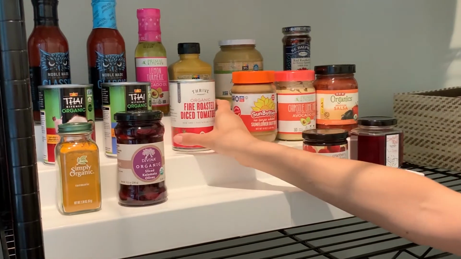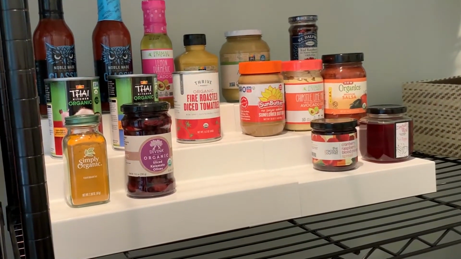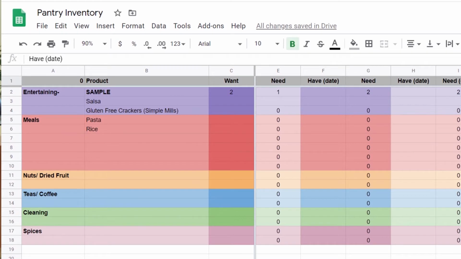When you're thinking through what you want to include on your inventory, the first place to start is just going in your pantry, seeing what you already have, thinking through how much you typically buy to stock up on those items, and then maybe looking at a sample list to make sure you have everything on there. Some things to include would be grains like pasta, rice, quinoa, dried or canned beans, tea, coffee, coconut milk, nuts, nut butters.